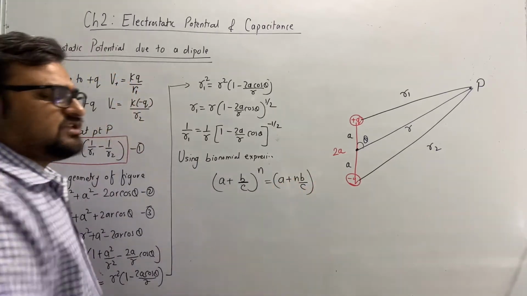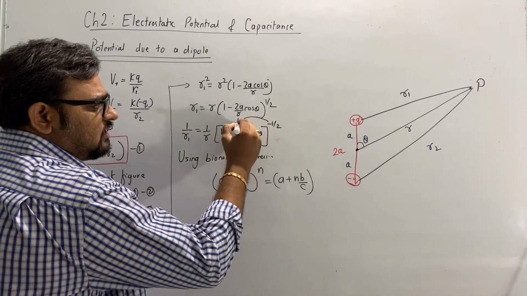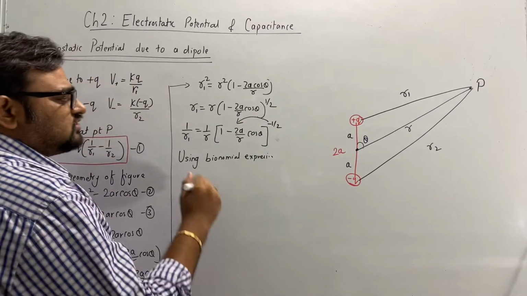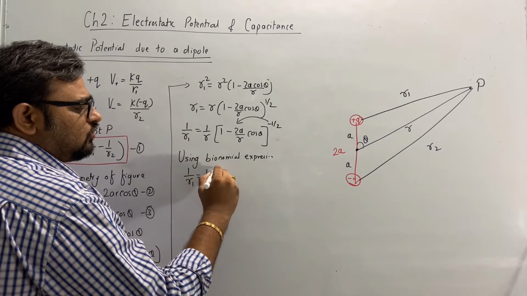Similarly, this power will come here. So using the binomial expression, 1 by r1 equals 1 by r